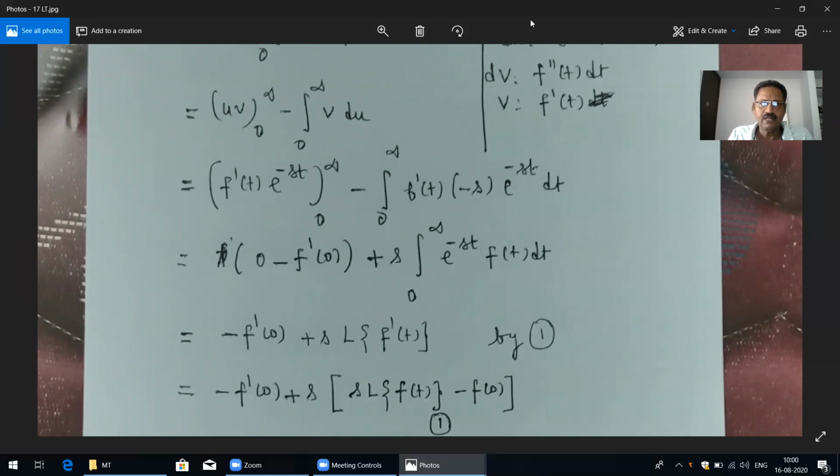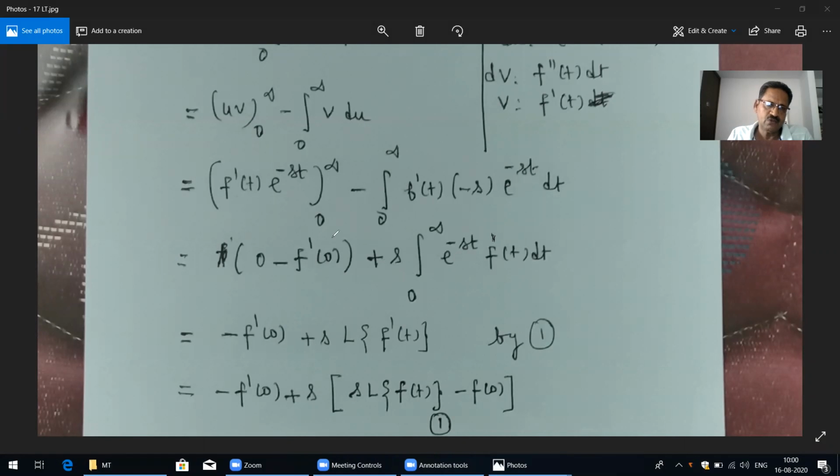Here also we have, in this case, see here, this term is missing. This one is f dash of t. The term is missing. You clear now or not? So here, f dash of t, you take this s outside, we are getting positive s, the integral of e power minus st into f dash of t into dt.